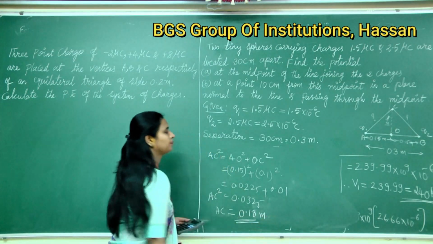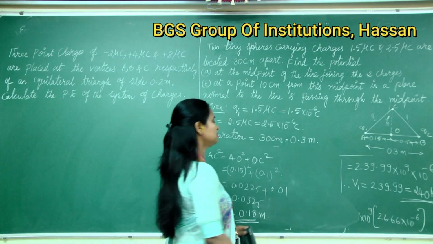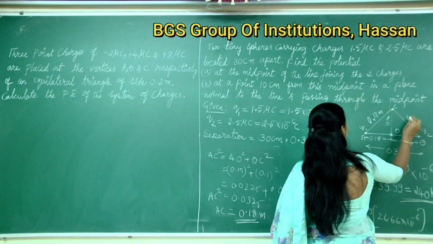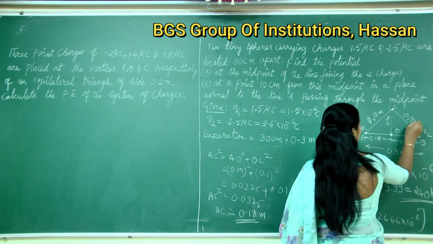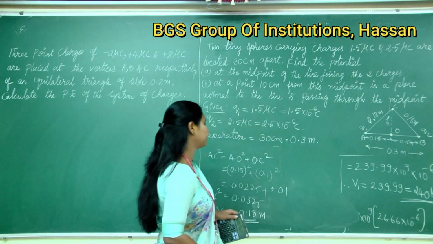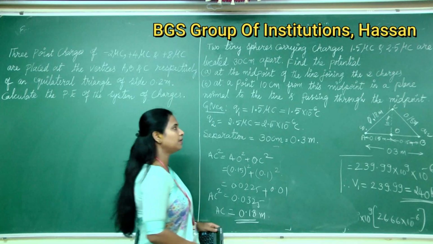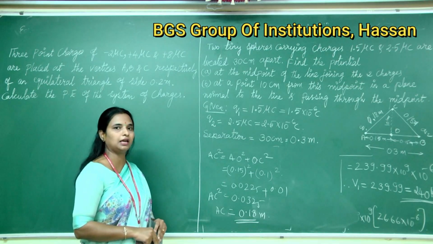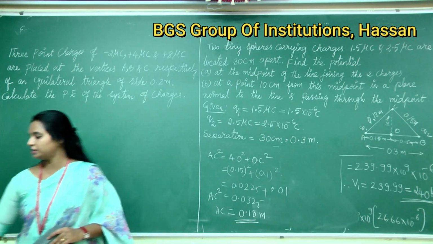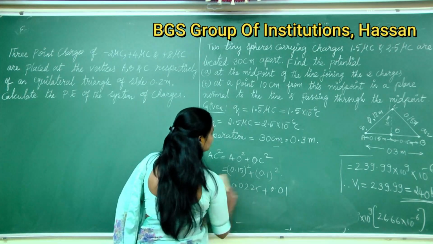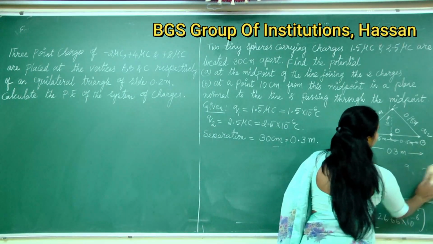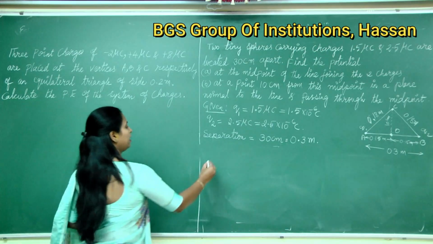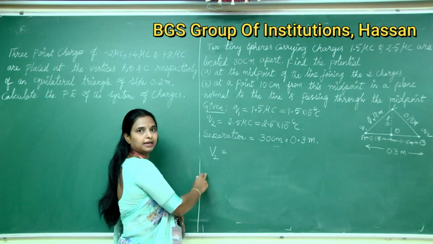0.18 meter. What is the value of the hypotenuse? It is 0.18 meter or 18 centimeter. 18 centimeter, isn't it? So when you got the distance between the 2 points, then as usual, by considering the formula for the potential, electric potential, we can calculate the potential at a point due to the two charges at the distance 10 centimeter,